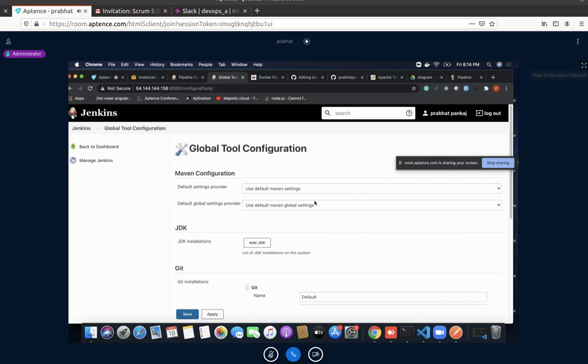If you want to integrate at the application level or maybe some kind of library level, then you can use plugins. The basic difference between plugins and global tool configuration is this: if the tool works at the operating system level, then you may have to use it through global tool configuration.